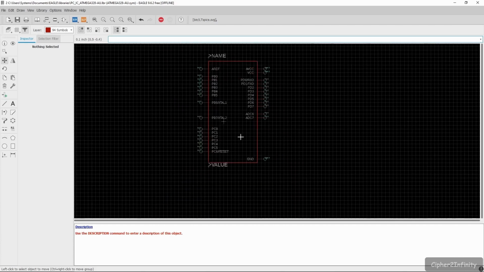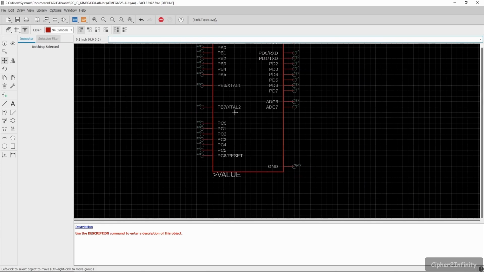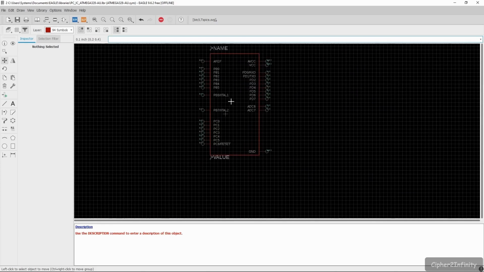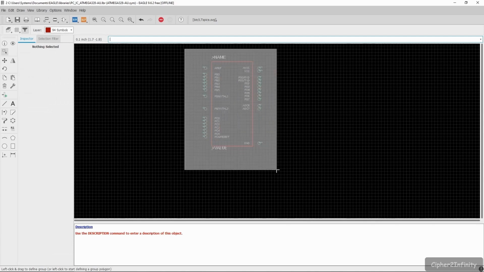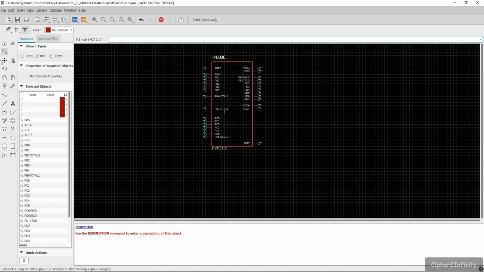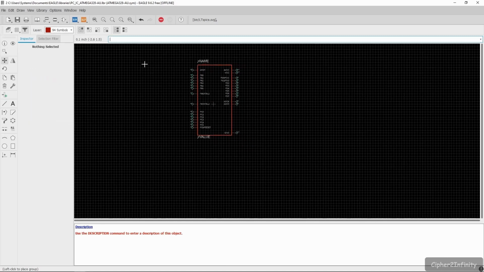Again, after that, if you see, this is basically the center point of this particular symbol. You should always keep it in the center. It's actually not in the center. So I'm going to click on this group option, and after that left click, drag, and then I'm going to bring this symbol to the center. So move, then right click of the mouse, move group, and now let's bring this symbol to the center.